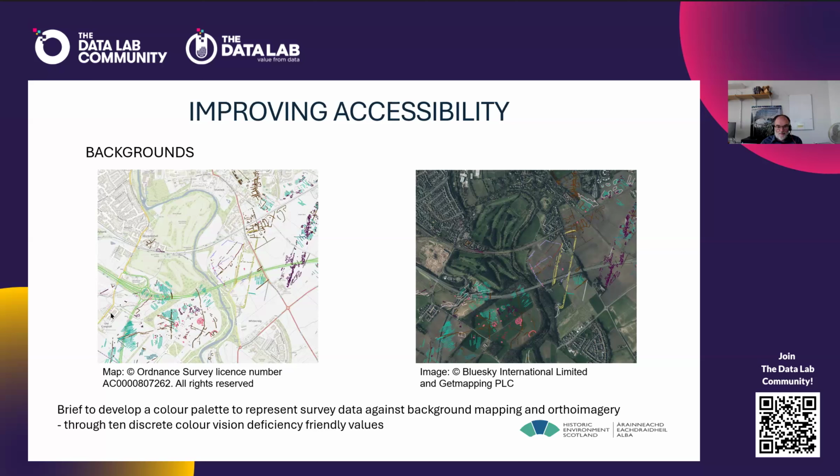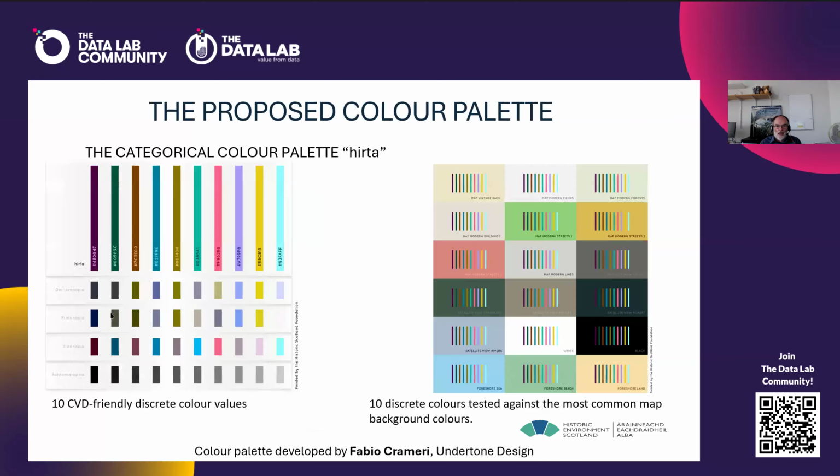So the brief was to develop a colour palette to represent survey data against this background mapping and the orthoimagery. So 10 discrete colour vision deficiency friendly values. As I say, it's probably 4 or 5 too many to be really successful, but because of the complexity of the archaeology, we need to try. So I worked with colleague Fabio Cremeri at Undertone Design Switzerland. After I think about 4 iterations, he came up with a colour palette, Hirta, which is the main island on St Kilda, where we've defined 10 CVD friendly discrete colour values, all defined with a hex code,